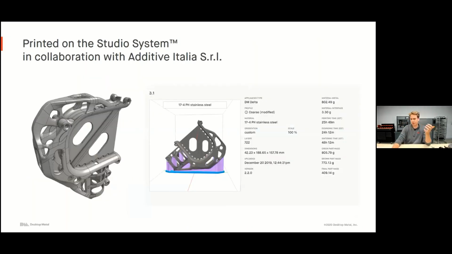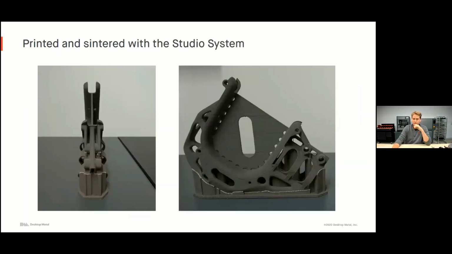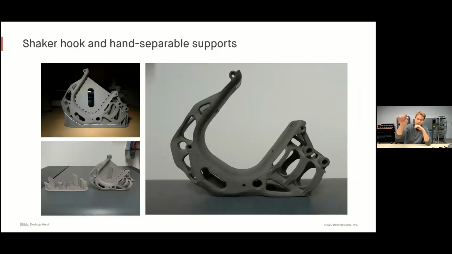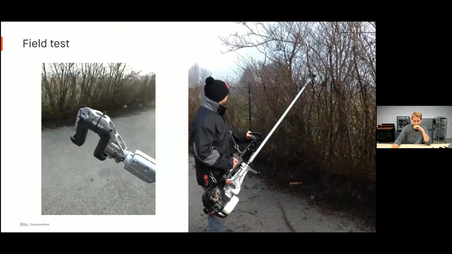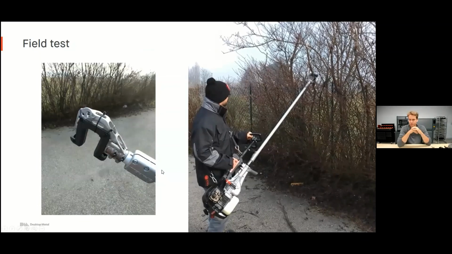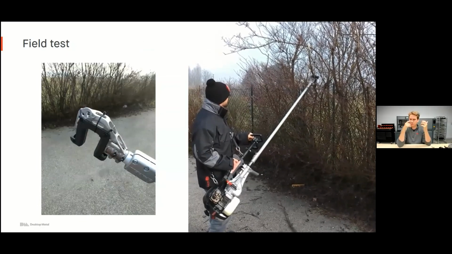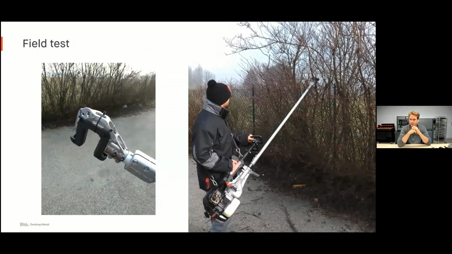Then they're able to load this part up onto the printer and print this part. You can see the green version here, printed with that U inside just to ensure that it was going to adhere to the correct dimensions, which was easily removed after printing. And you can see the sintered shaker hooks ready for a field test. You can see it actually here. The result was really a part that was